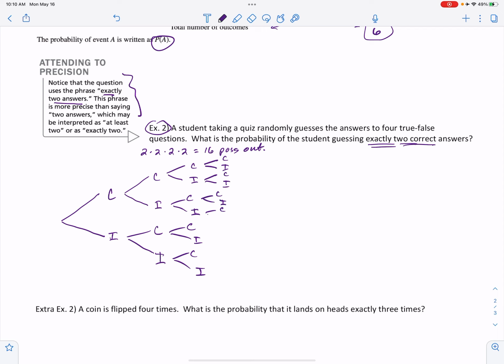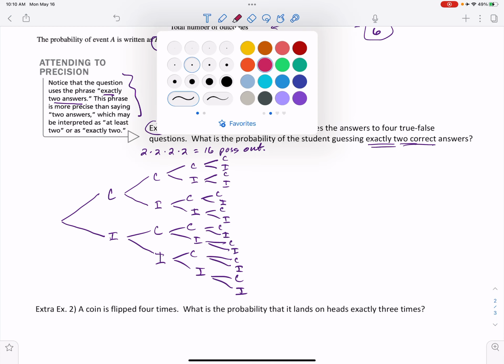It's easy on this one to miss something. So sometimes that tree diagram can just help you organize,